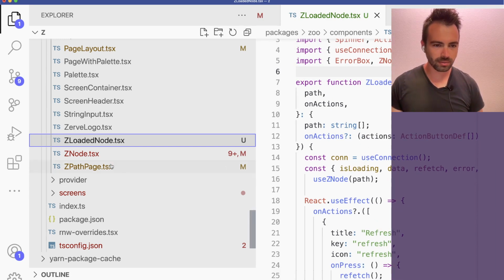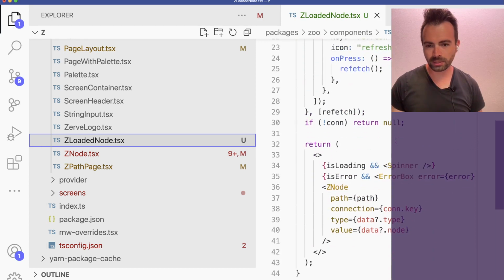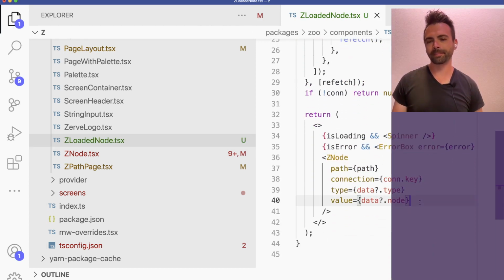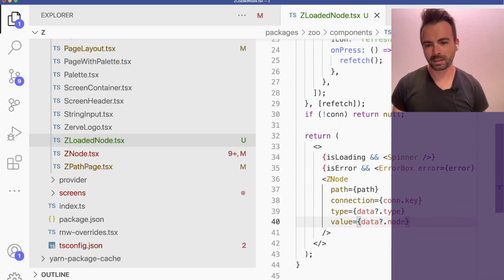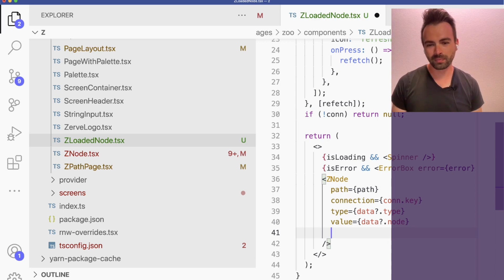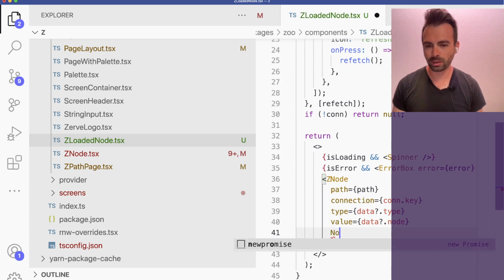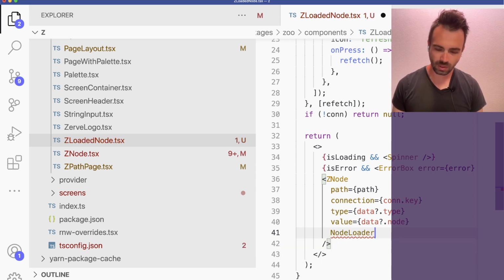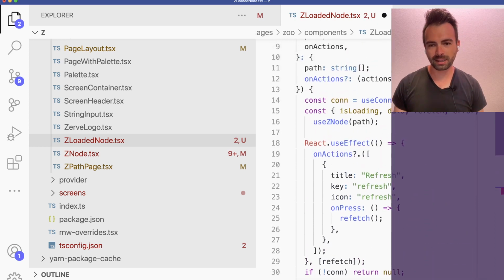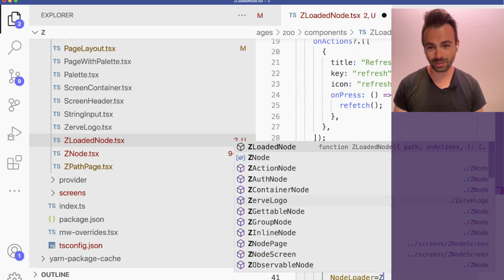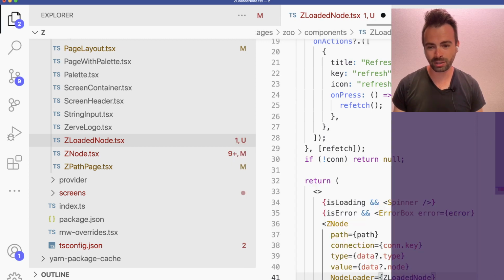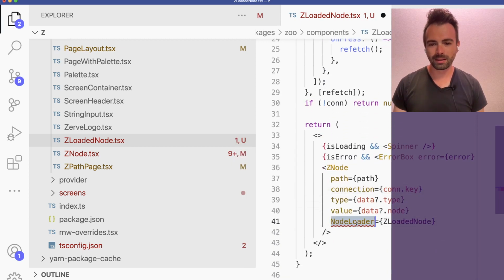Z loaded node. Let's do it. Let's just try it, we'll just give it a shot. We'll see what it's like. When we pass into Z node, what is this called? Recursive node? An auto loading node? Node loader. And you give it literally Z loaded node, which is so confusing because we are inside of the implementation of Z loaded node. Okay. And